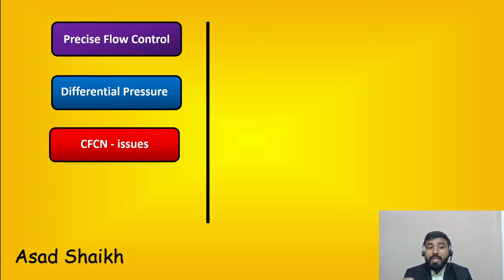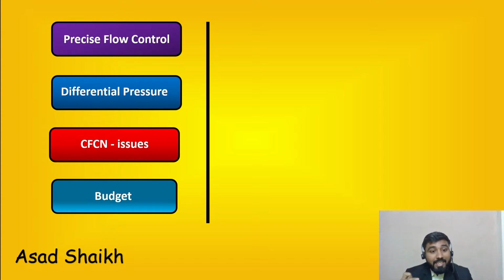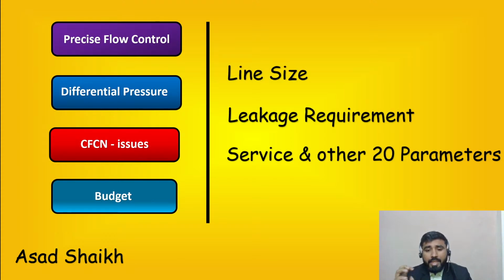Third thing is what I call CFC and issues. We will deal with that as we come there. And finally is your budget, last in the list, but according to clients and your end users, definitely that is one of the most important things to them. But as an engineer, I put that last. First, you have to see if it follows the first three criteria; only then can you look at budget. If your valve cannot cater to the application, it doesn't make sense even if it is the cheapest. Then you have some smaller parameters also, like the leakage requirement, line size, and others, around 20 parameters, but these four have usually been the strong parameters while deciding any application.